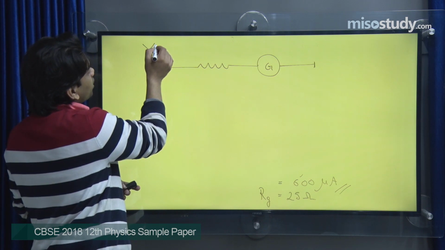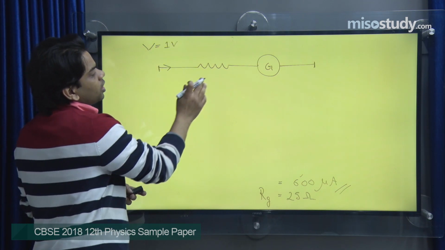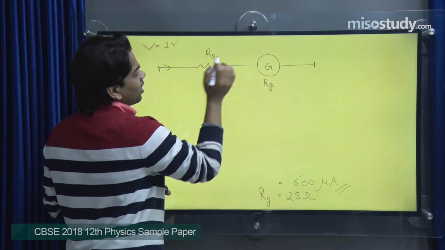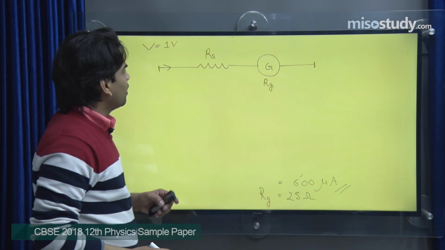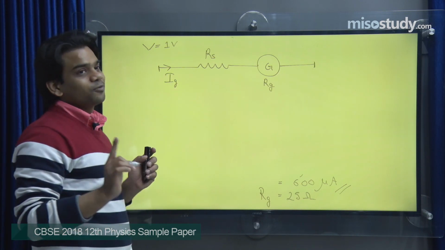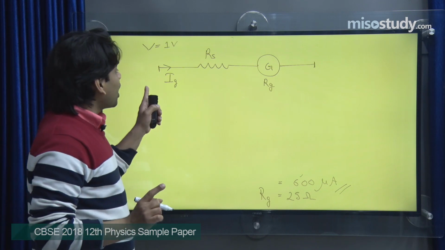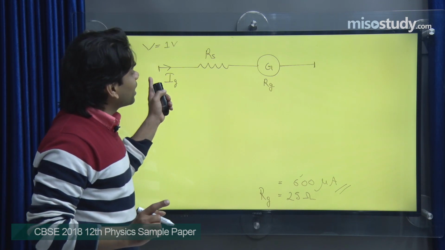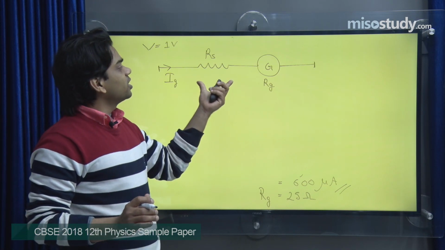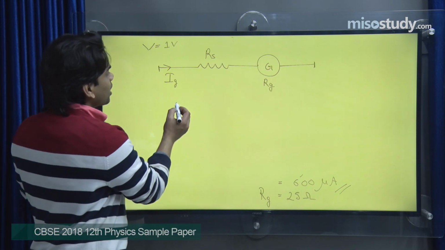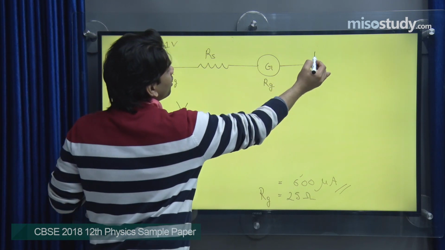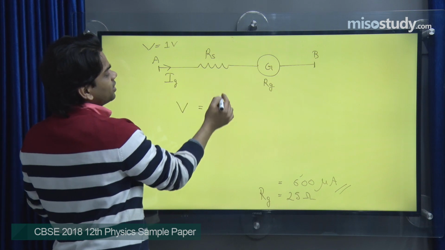So potential difference to be measured, that is 1 volt. The series resistance Rs we want to evaluate, galvanometer resistance is given as Rg, that we know already, that's 25 ohm. Now you see here, let's say current Ig only can flow through this resistance. Now potential difference existing across these two ends should be equal to the potential difference across this and across this. That is, I am writing V, that is existing across these ends A and B, should be equal to Ig into Rs